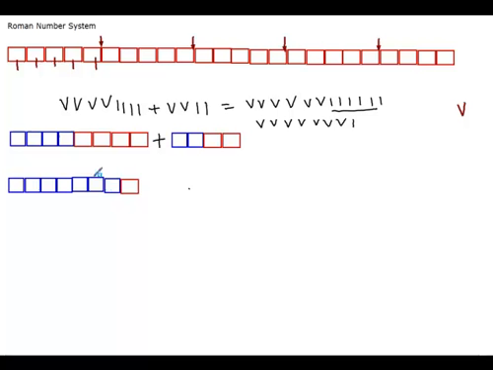So this is how children should be taught to understand how a simple primitive system, which was basically a lengthy description of larger numbers, shifted to a compact number system. But the problem with compacting, which they will soon realize, is that as we make it compact, for example, if you were to do this operation